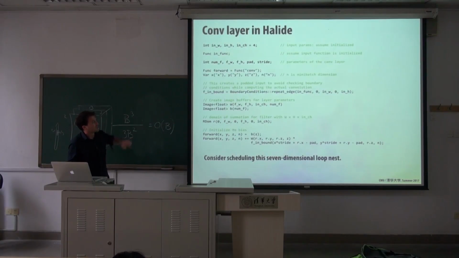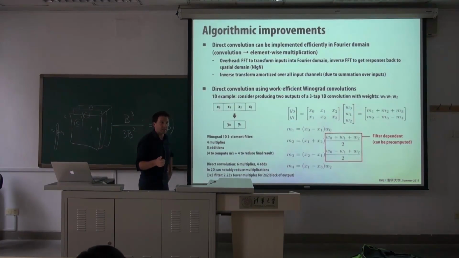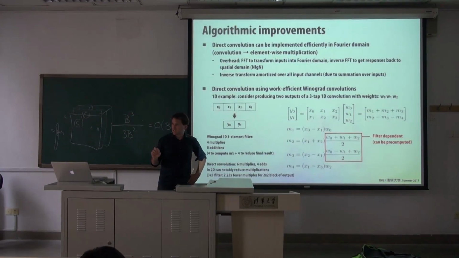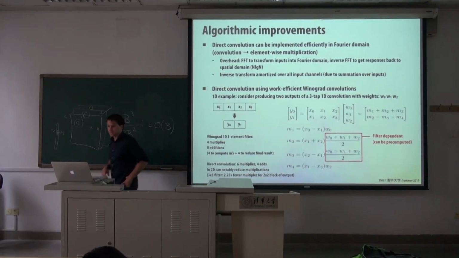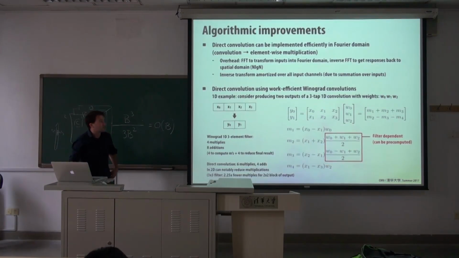Just as a note, this is the implementation in Halide, but I'll skip that for now. Okay. So one way to make convolutional layers go fast is to optimize that code above. But there's increasingly more interesting ways to make it go fast. So for example,